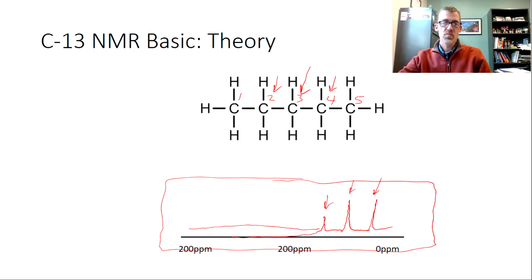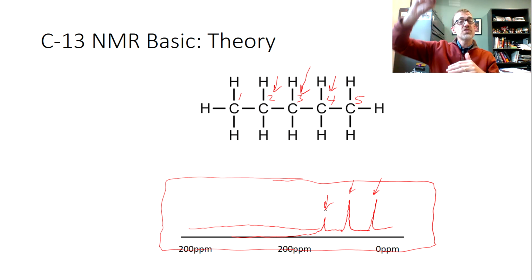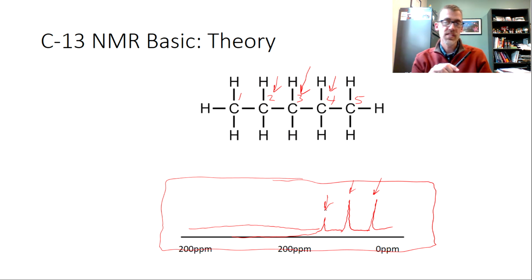So we focus on the peaks, but essentially when we excite pentane and it relaxes, it's going to emit 3 frequencies. And if we can measure what those frequencies are, so they're energies, that's the x-axis information, and how much of it, that's the y-axis information,